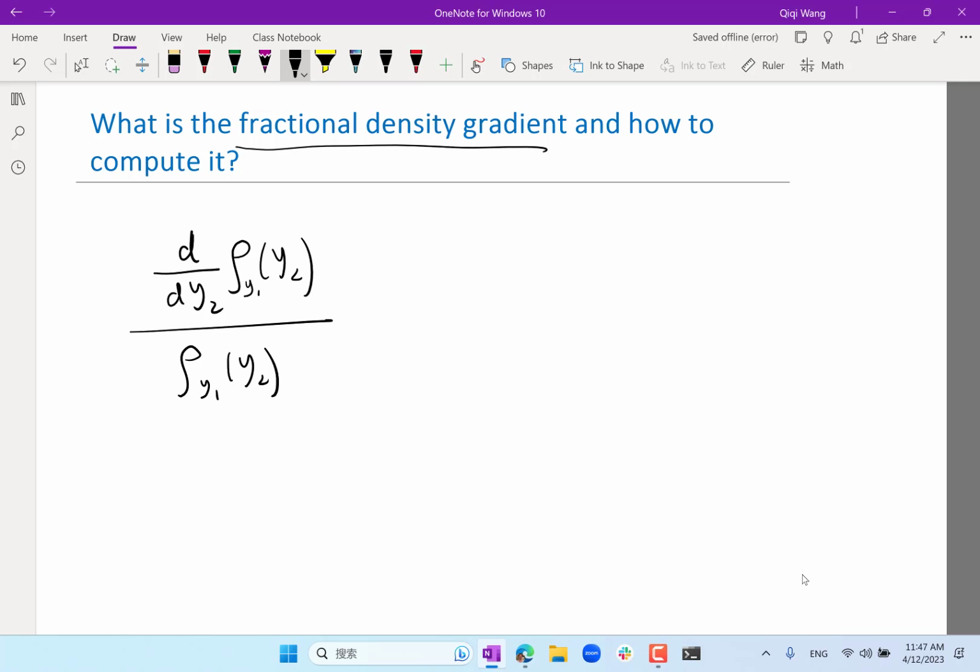And why is that the case? So in the numerator, it represents the change of that function. In the denominator is that function itself. So if the function changes by some amount, it is really the percentage change, the ratio of change to the function itself. In some sense, no matter what the dimension of that rho is,